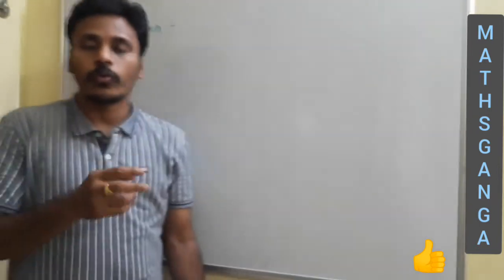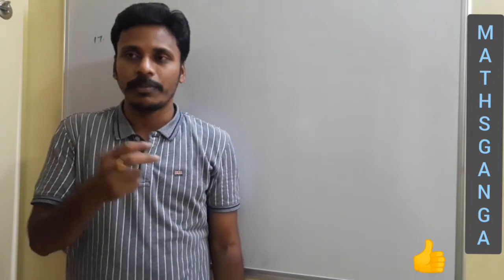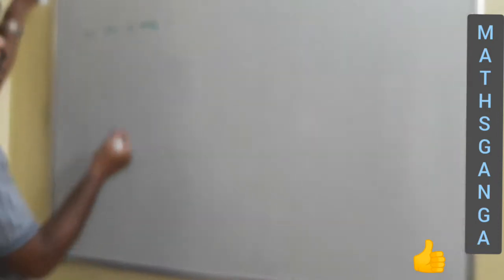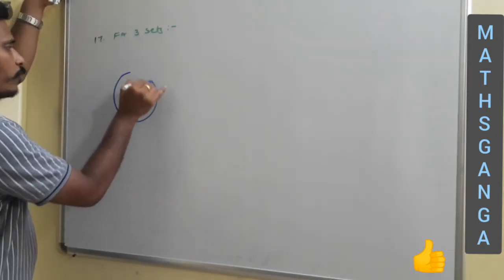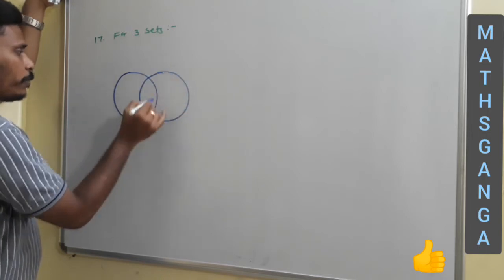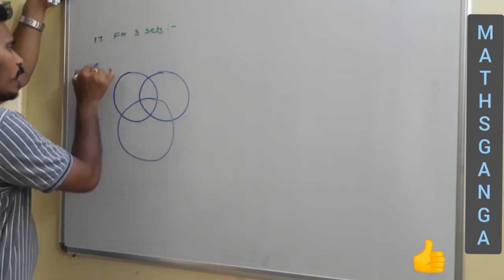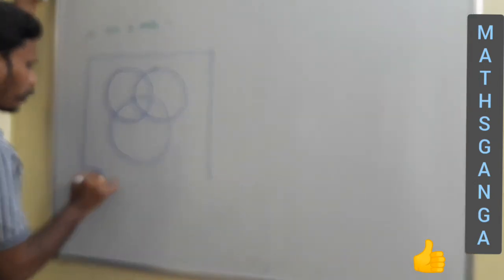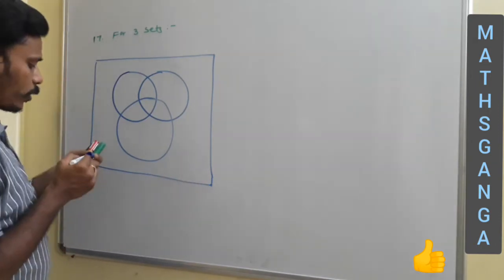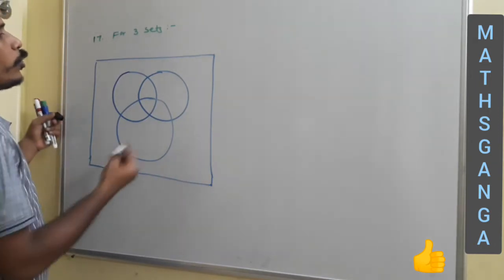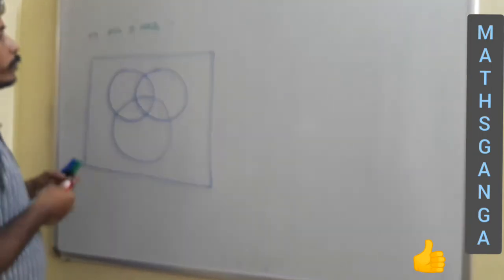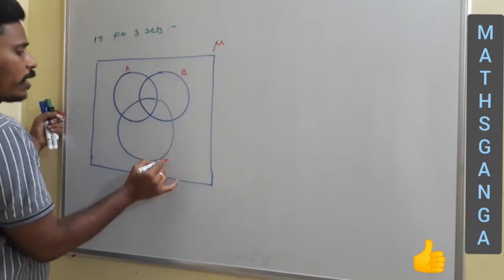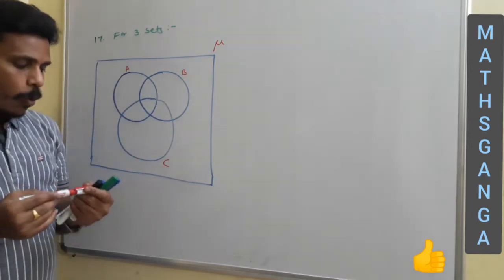And now I need to draw different circles for the sets A, B, C, so that I include all those 8 regions, and the possible diagram is this. One circle is for set A, the other circle is for set B, and the third circle is for set C, and we need to include all these circles in the universal set, which is represented by a rectangle. Now it is very clear. The universal set is represented by mu. This circle is for set A, this circle is for set B, and this circle is for set C.